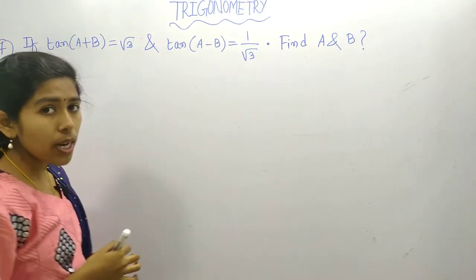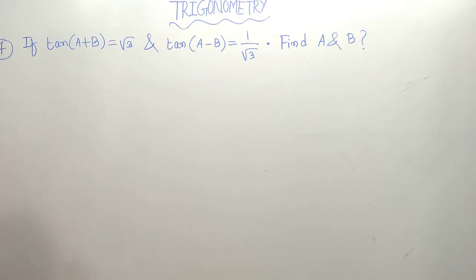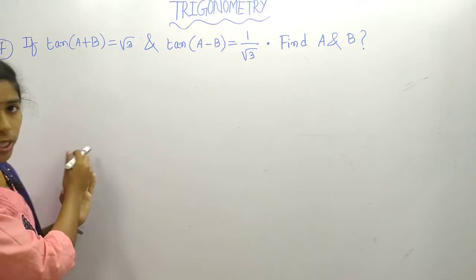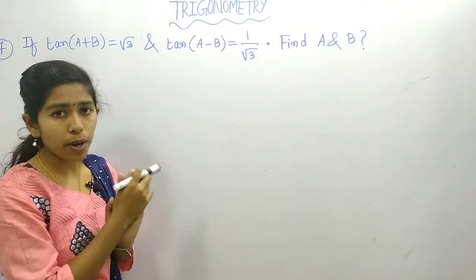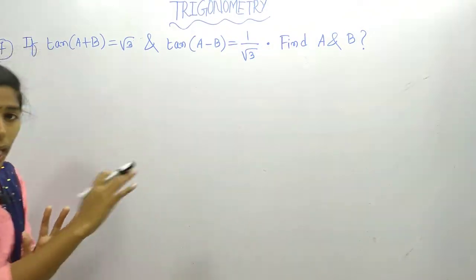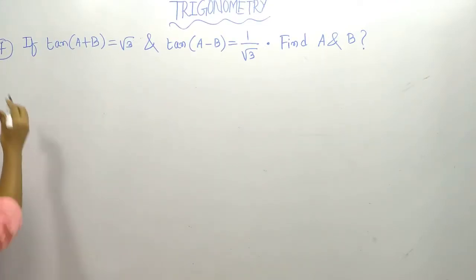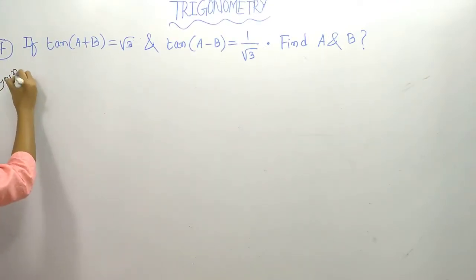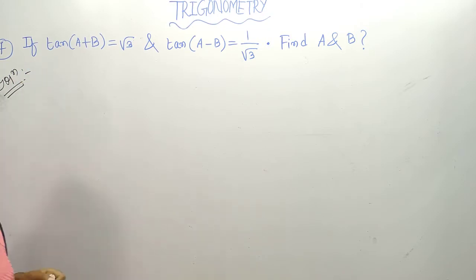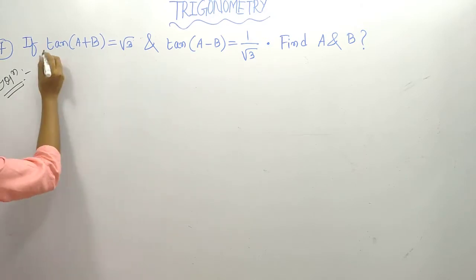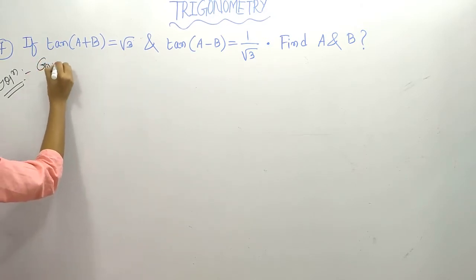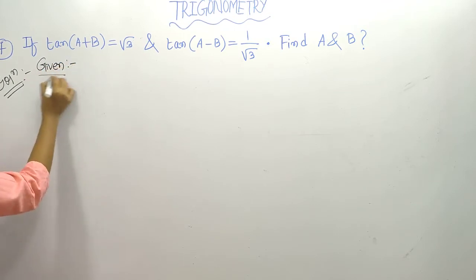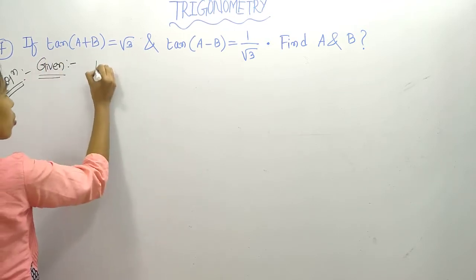So this is our next question. You see, this is a typical question. It's given if tan a plus b equals to root 3 and tan a minus b equals to 1 by root 3, we have to find out a and b. So how we can find? So those are normal questions. Based upon the values you can simplify those questions. But let's see how we will find this question. You see here what is given. First you write what is given. It's given tan a plus b equals to root 3.